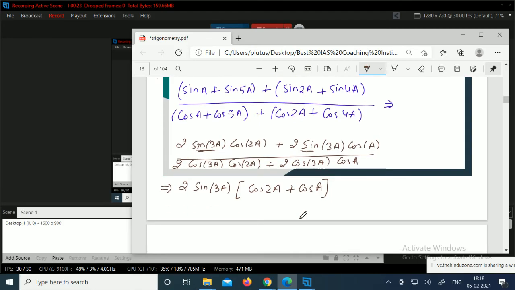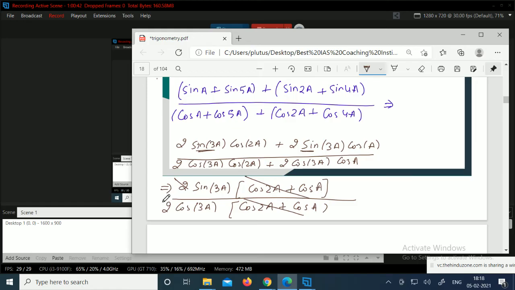Yes, sir. If I take common from these two expressions, then 2 cos 3A, what is left out? Cos 2A plus cos A,